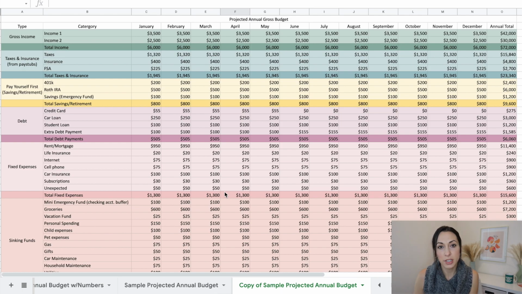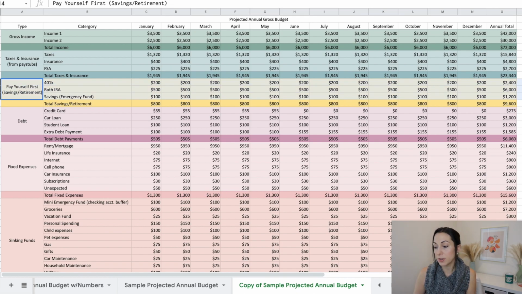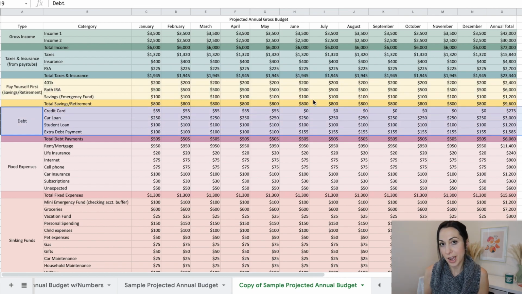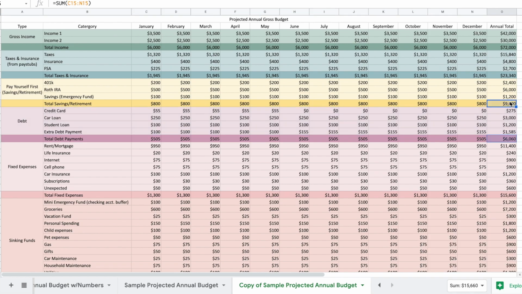So first of all, percentage to financial goals. That would be how much money you are putting towards anything that isn't just expenses. So how much are you putting towards this pay yourself first section, and how much are you putting towards debt? Let's see where this budget is at right now percentage-wise based on how it's currently set up. If you do command, it's command on a Mac, I think it's option on a PC, you can highlight these 2 cells and it'll sum it for you. So down here you can see the total of those 2 cells is